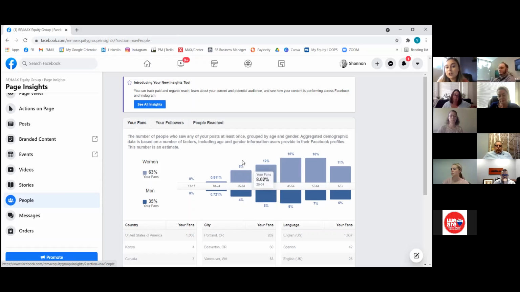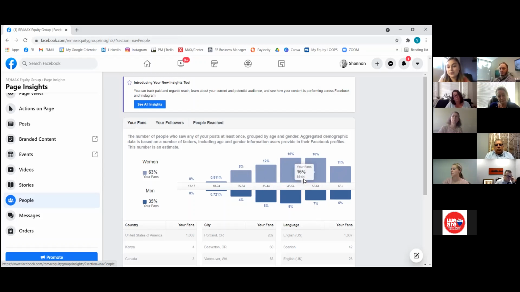Incoming people that we want to target. So maybe your goal might be, I'm going to aim to send some invites to people around the age of 25 to 34, maybe Gen Z's, millennials. And I'm going to try to send out 10 invites to males to bump up my audience size in that way. And all of a sudden you're going to see that your numbers might start to even out.